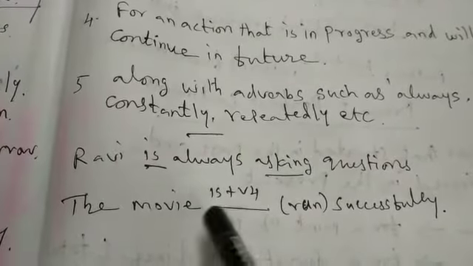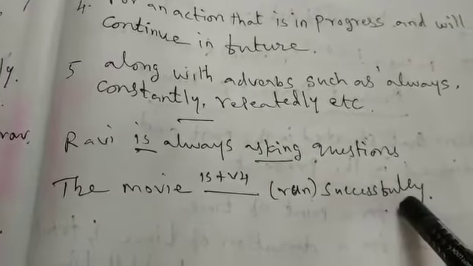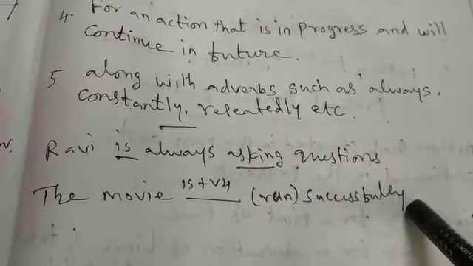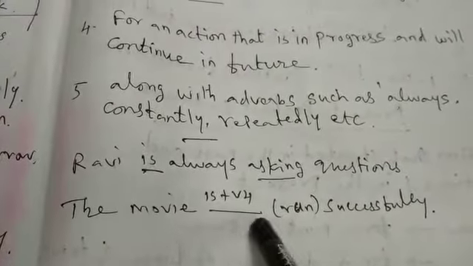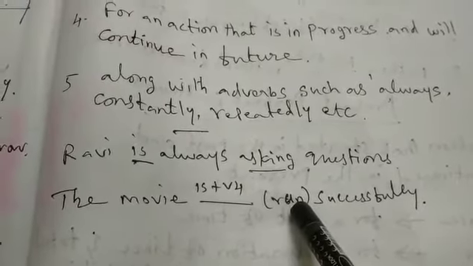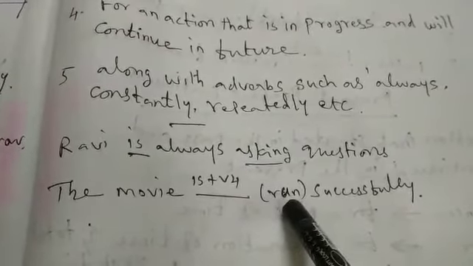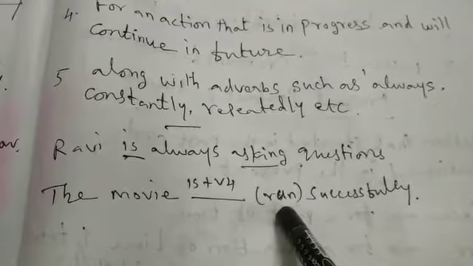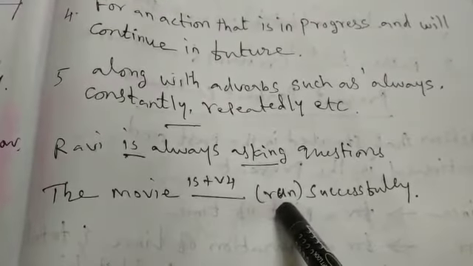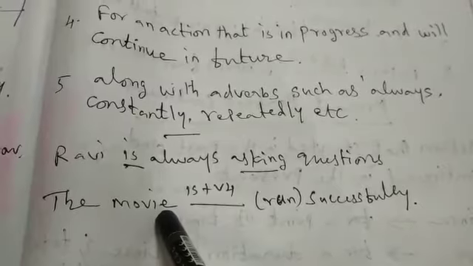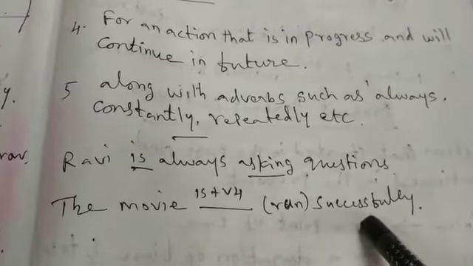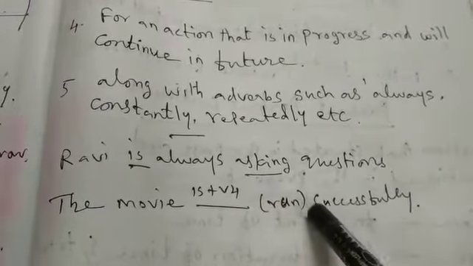Then, the movie does run successfully. Here you find, at the end of the sentence, an adverb. At the same time, the movie dash, within brackets, run. Dear students, you remember one thing: if you find a verb within brackets, that verb comes in present form only. So that "run" is present form. Just change this as per the rule of the present continuous. Here the movie does successfully. Here you find the adverb "successfully", so that